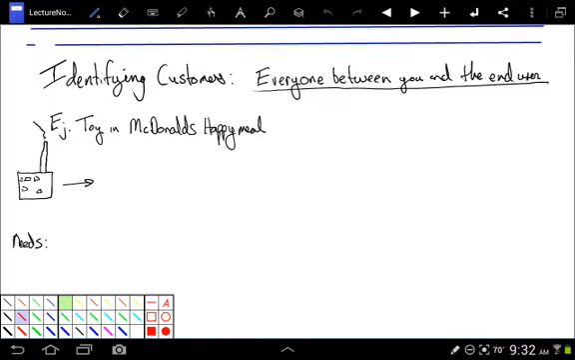Okay, so let's start identifying customers. The main thing to remember about identifying customers is that a customer is anyone between you and the end user, right? So, yeah, anyone between you and the end user. I